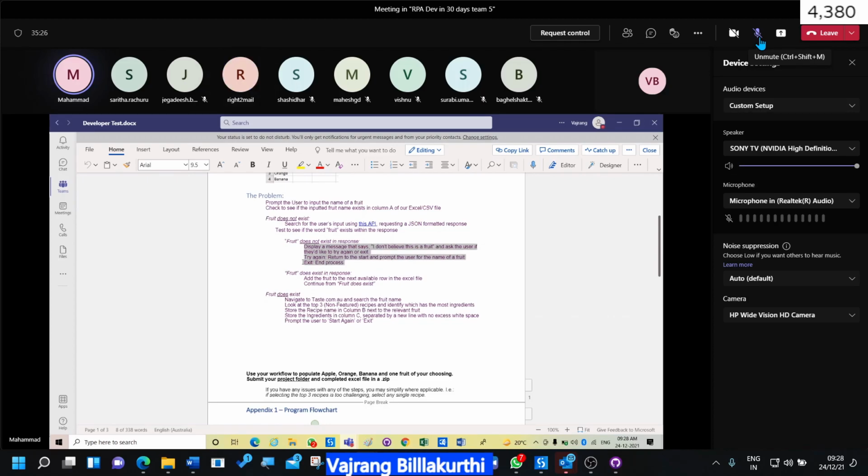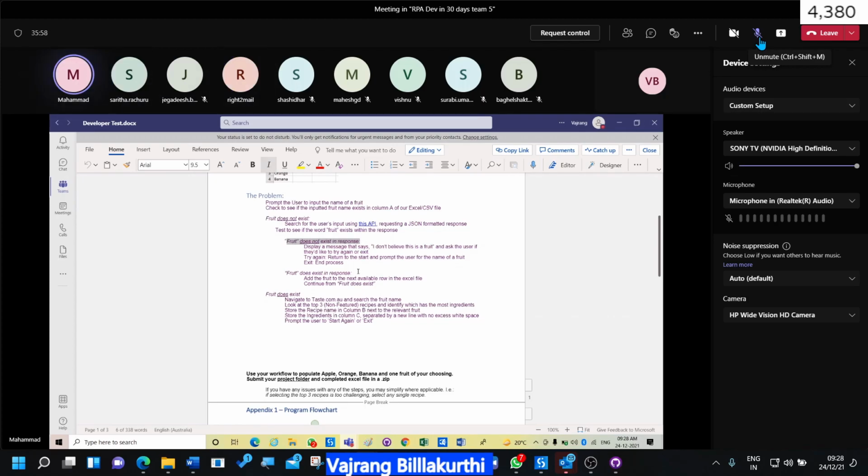My question is, fruit does not exist in response means whether in Excel file only, right? Here stating that. No, I don't think so. If that fruit word exists in the API JSON object. No, Sarita, my question is here also, fruit does not exist in response means that JSON object response, right? In JSON object you have that APIs, right? In that, this is fine. I understood, for the API.